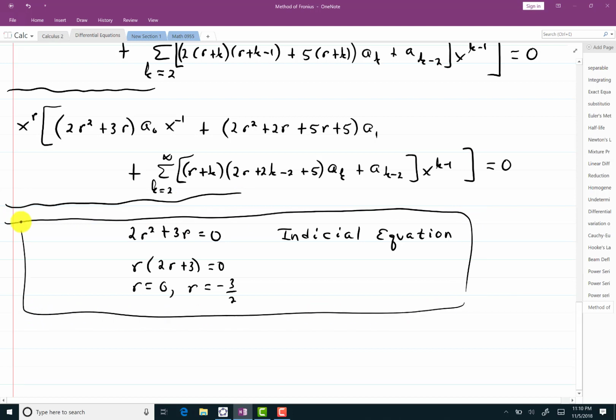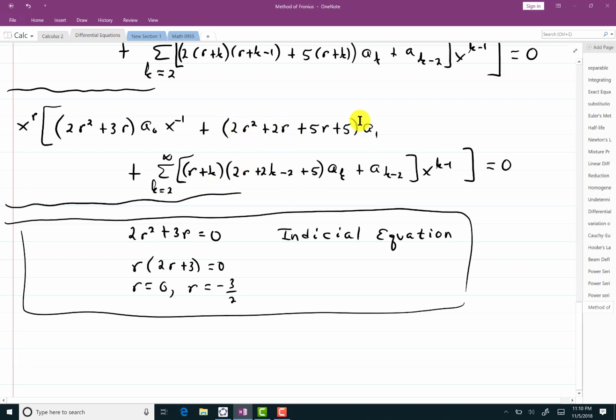Keep it for later keeping. This part right here is where the power series starts. That means here, if you notice, we are going to have k equal 2. I'll have an a sub 2. I'll have an a sub 0 to start with. But if